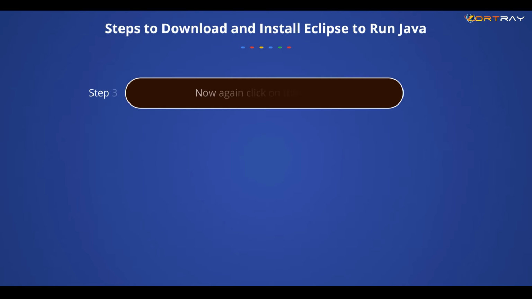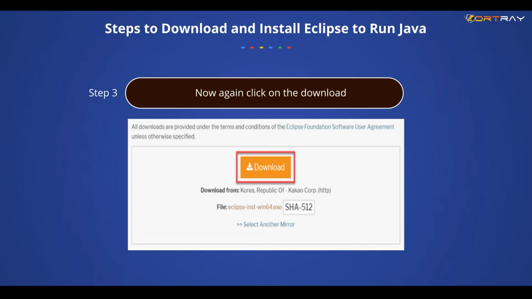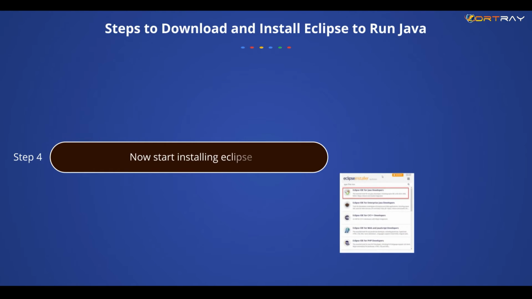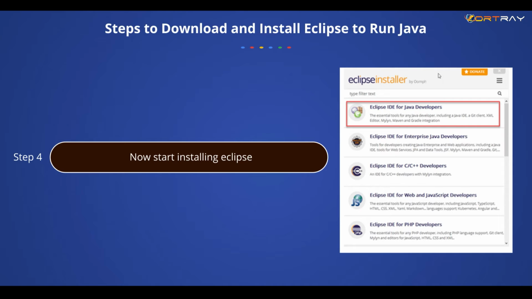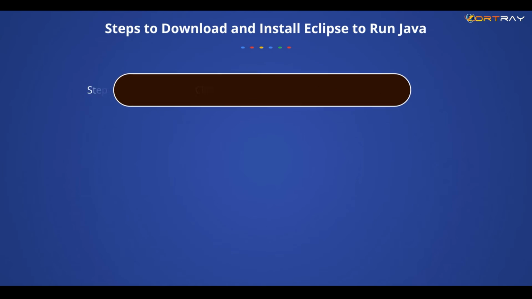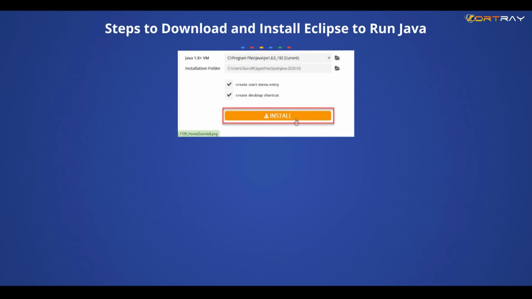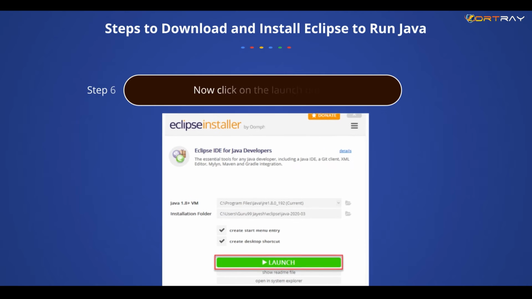Now after that, you will get one more download click button. Just do it. It's like a two-time download click button for you. And after that, it will get you something like this, an Eclipse installer. In the Eclipse installer, you have different options, whether you are an enterprise Java developer or C or C++ developer, with different software available for each. Since we are all going to work on Java, you can install this particular one and it automatically creates the Eclipse IDE for Java Developers. Once you click on the installation button, and after that, once you say launch, it will be launched.